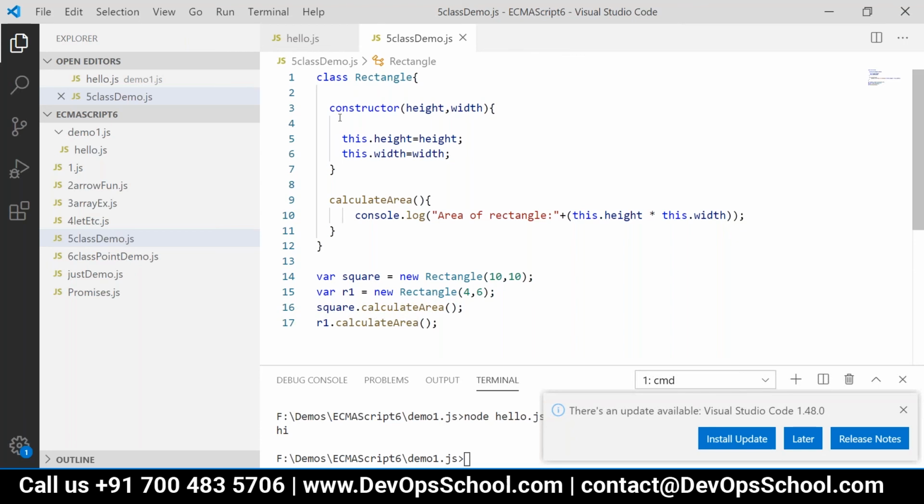Now here, if you can see, class is a keyword, newly added. Then constructor, this is again a keyword.